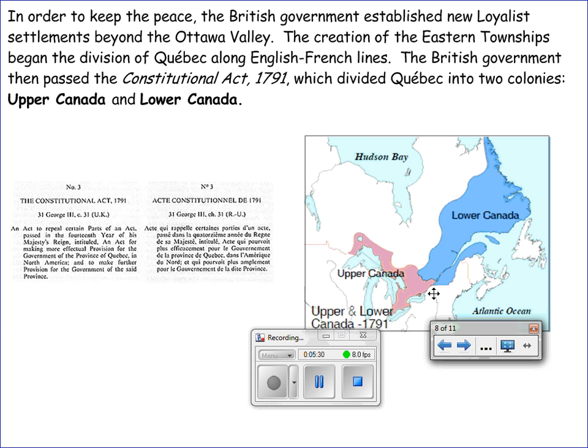Now, something to keep in mind going forward with future lessons, I will at times be referring to British North America, which will include much more than Upper and Lower Canada. British North America will continue to be a term which I will use to refer to all of the British controlled lands in North America. But you're going to notice on upcoming lessons I'll be talking about the Canadas, and that's not a giant mistake on my part. When I refer to the Canadas, what I'm referring to are Upper Canada and Lower Canada. So with that in mind,